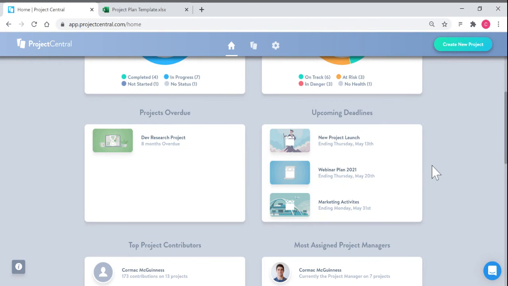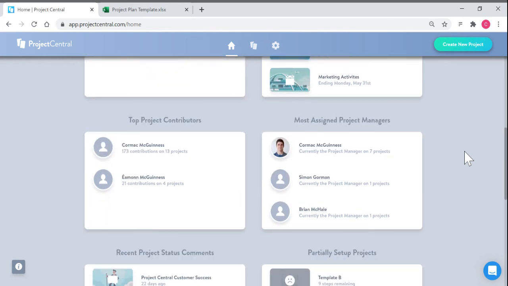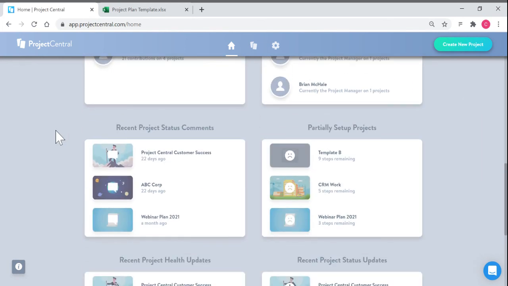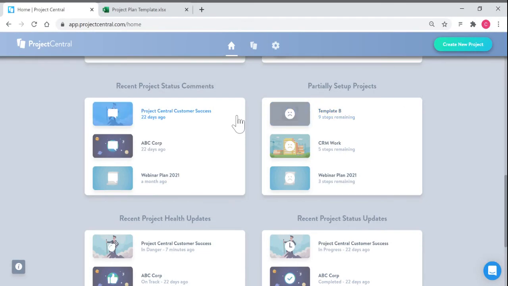Scrolling further down, you're going to get a number of other indicators that you may be interested in, which projects are overdue or which deadlines are upcoming. Who the most assigned project managers are, or who the top contributors are, and other things such as partially set up projects, health updates, status updates. Again, giving you a sense of what's moving and shaking